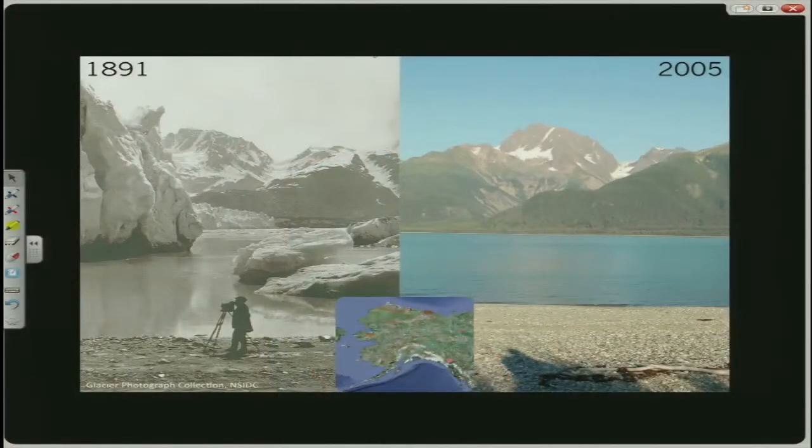There have been melting of glaciers. This is a picture of Muir Glacier in 1891 and 2005. The two pictures you see are essentially taken from the same vantage point. In the picture from 1891, you can see that clearly the glacier is bigger, and in 2005 it's much smaller. The map of Alaska on the bottom shows you where Muir Glacier is, but of course it's not just Muir